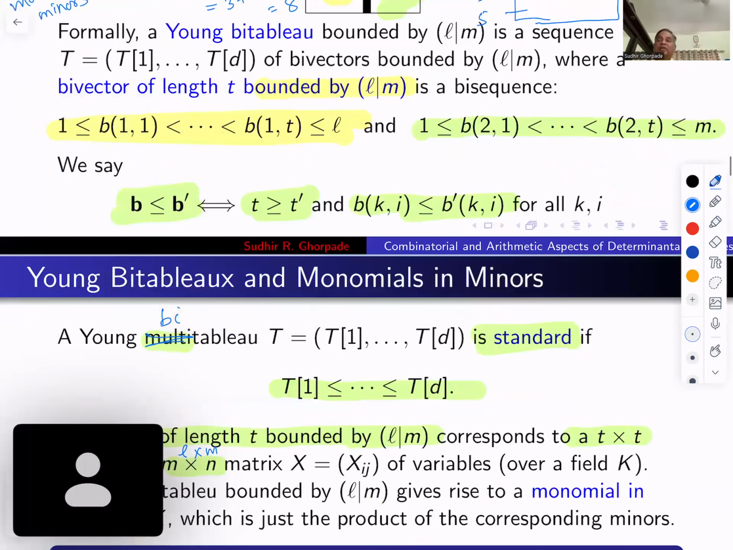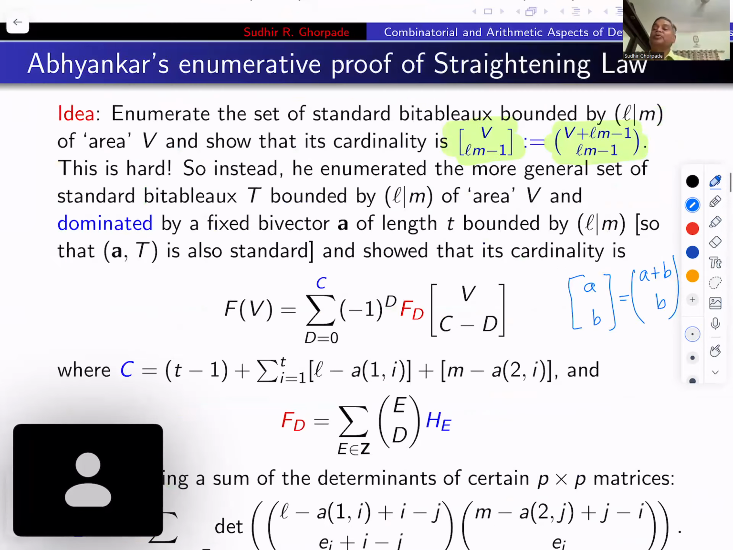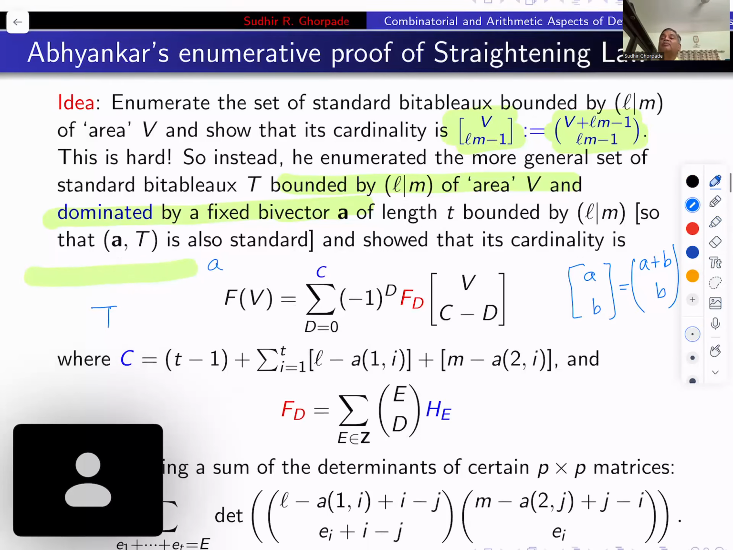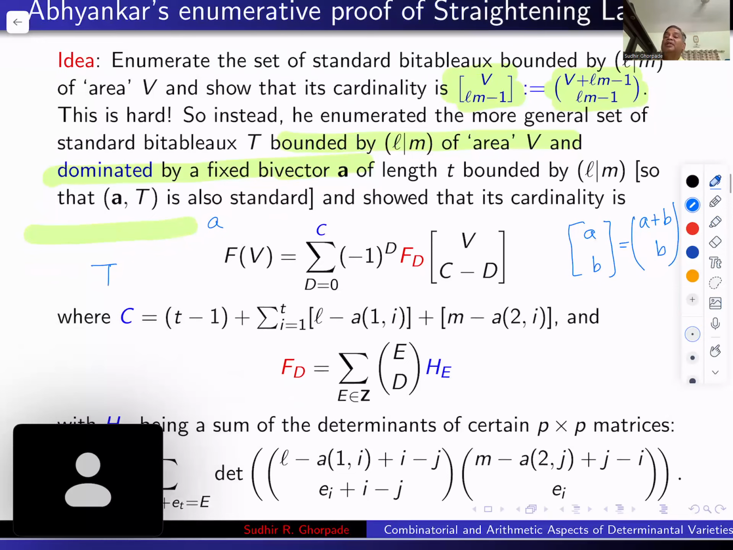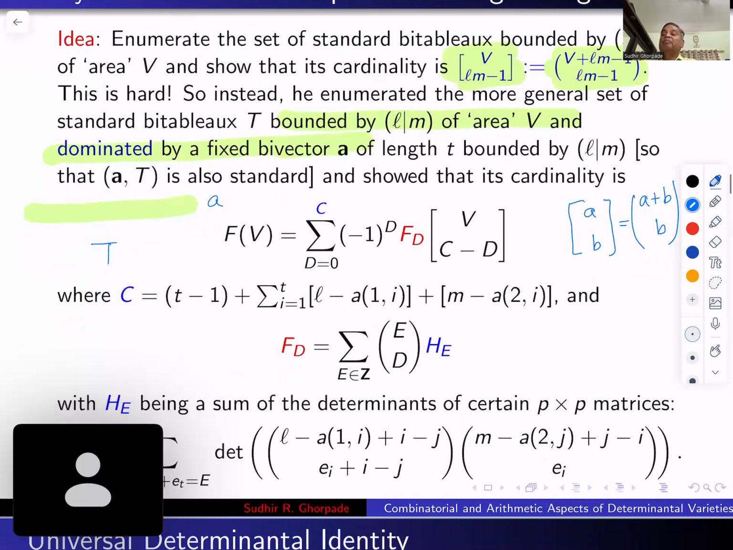What he did instead was try to solve a more general problem. He tries to enumerate a more general set of standard bi-tableaux, which are bounded by L, m and area v, but also dominated by a fixed bivector, which kind of means that if you put that bivector on the top, so this is A and T, then the corresponding tableau also remains standard. And then he showed, remarkably, that the cardinality of this set is given by this expression, a summation of (-1)